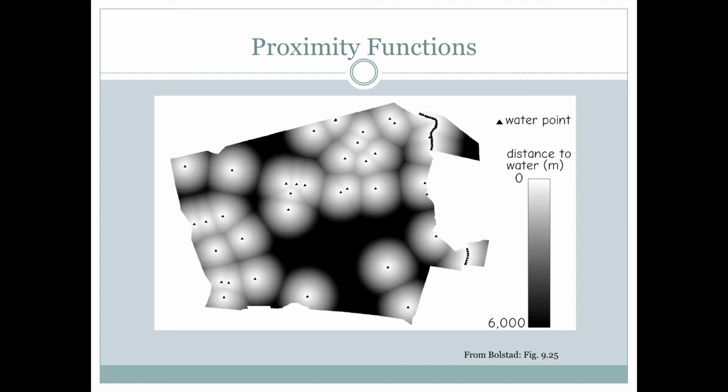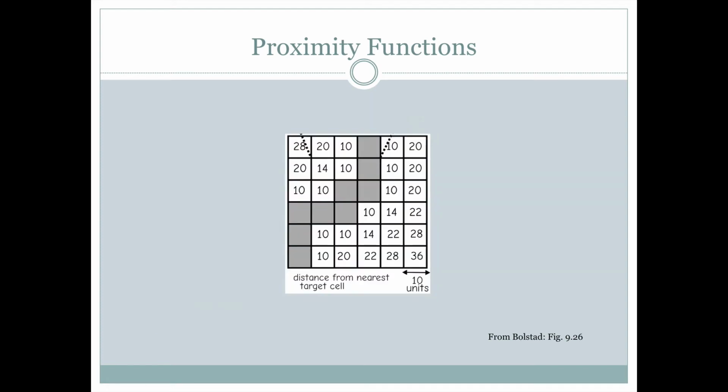So each one of those grid cells could have a number associated with it, depending on how far away it is from the triangles in the center. One thing to remember when we're talking about proximity is that not all grid cells are evenly spaced. So for example, if we were looking at this gray area here and we asked ourselves how far any of these other grid cells are away from these gray grid cells, well, because these grid cells measure 10 units by